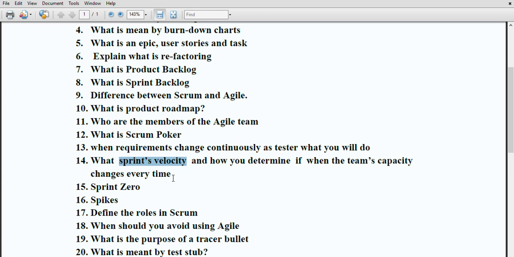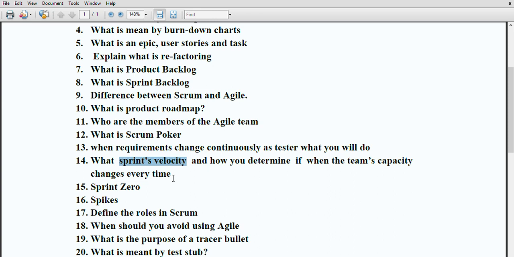There is a mathematical formula: there will be this many story points and we have a number of team members, and this capacity is expressed in the form of a percentage. For example, we have 40 or 50 story points and we have 10 members. According to that, we calculate the velocity of a sprint.